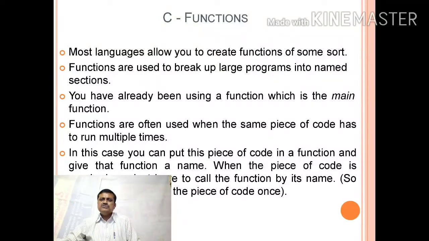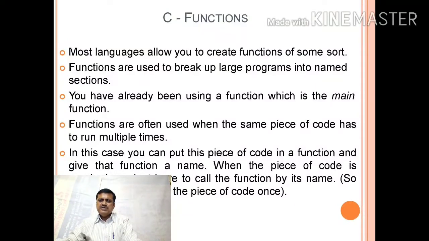A function is known with various names like a method or a subroutine or a procedure, etc. Most languages allow you to create a function of some sort. Functions are used to break up large programs into smaller ones to avoid errors.